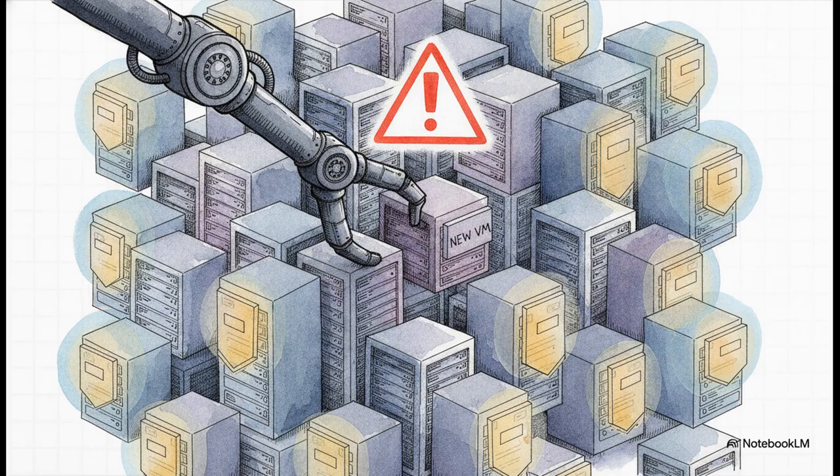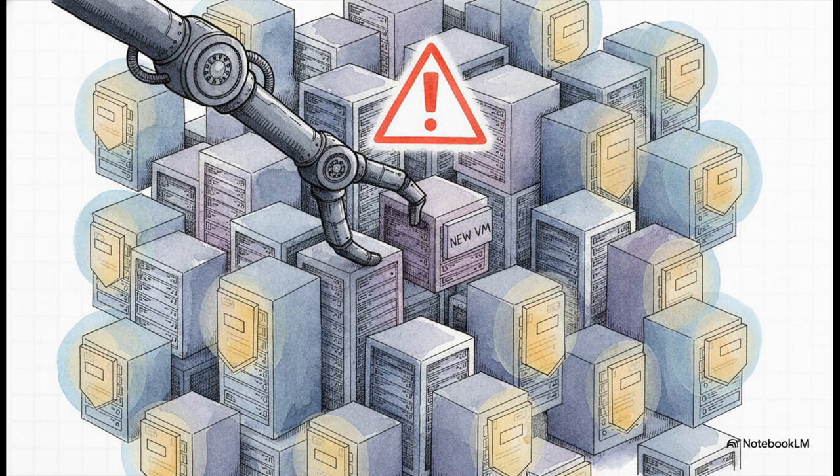Now, what happens if your cluster is totally choked for space, but you desperately need to spin up a workload? That's exactly where the forced provisioning capability steps in. If you toggle this to yes, vSAN will deploy that VM even if it can't meet the policy requirements, essentially dropping your failure tolerance straight down to 0. Now, listen to me on this one. Use this with extreme caution. I mean it. It leaves your VM totally unprotected.